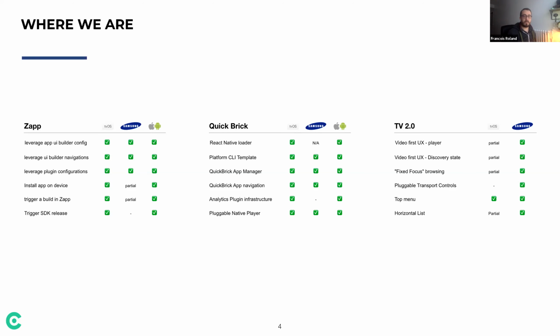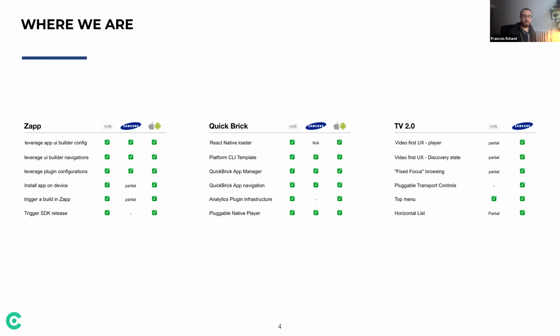One of the objectives of our scope was also to implement the features that are defined in the TV 2.0 scope. On this aspect, Samsung is a lot more advanced than tvOS. So Samsung has the video first experience, and has the discovery state. In a nutshell, the video first experience is that you have the player running in the background of the app.